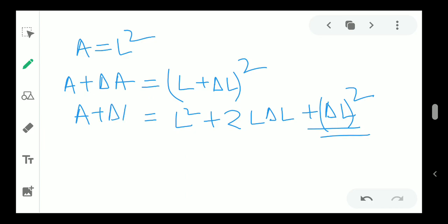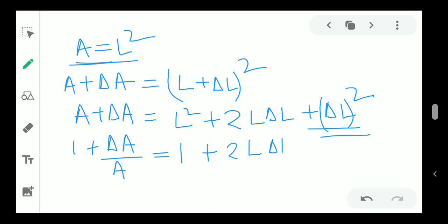So my final expression will be this. I will divide everything by A, so I'll get 1 plus delta A by A equal to L square by A, so basically 1, plus 2 into L delta L by A. I'm ignoring that. Now 1 and 1 gone, so ultimately I got delta A by A